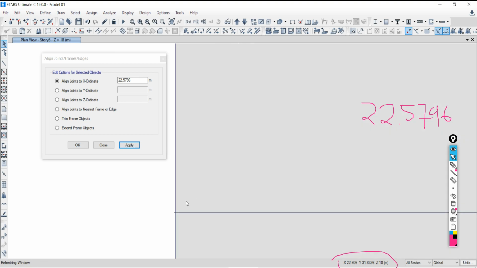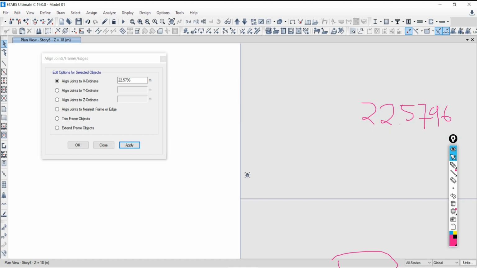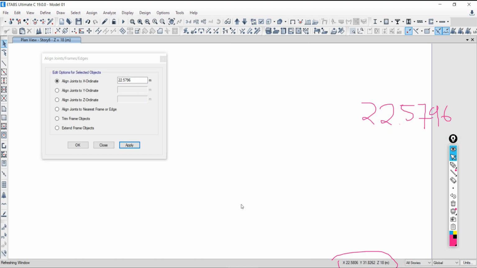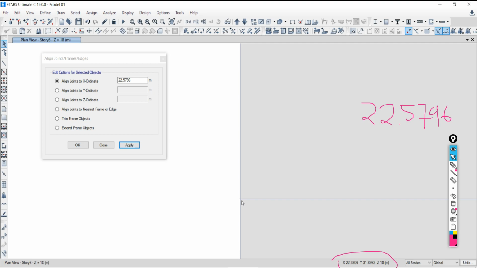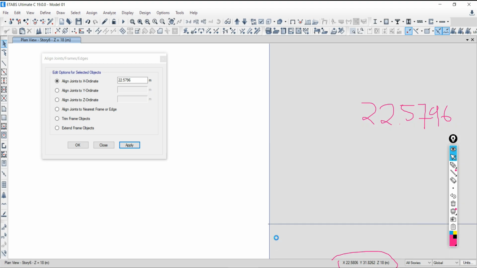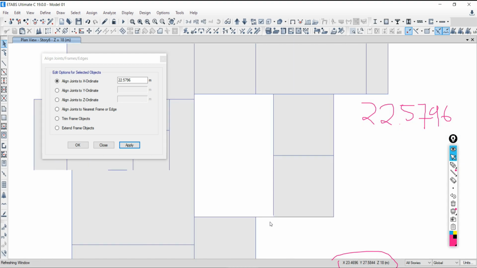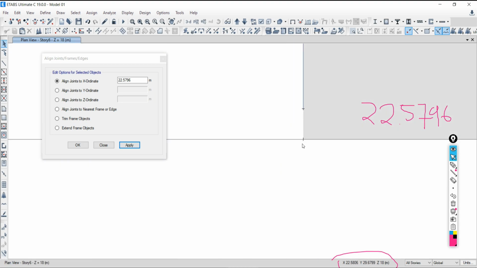Now zoom it. Let's find whether the error is there or not. I have zoomed it too much. Are you getting any error? No, it is now corrected. Your slab is also adjusted. Your beam is also adjusted. Now one thing is there. This point is not connected with this one. That error remains. So how do we correct this?